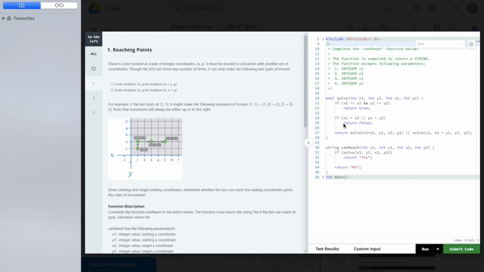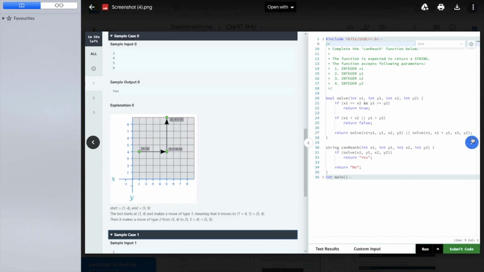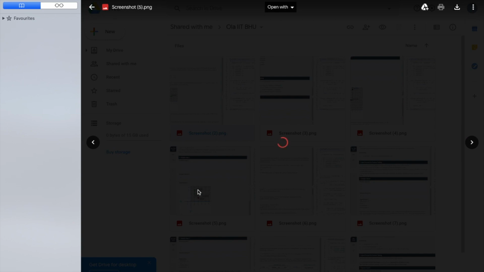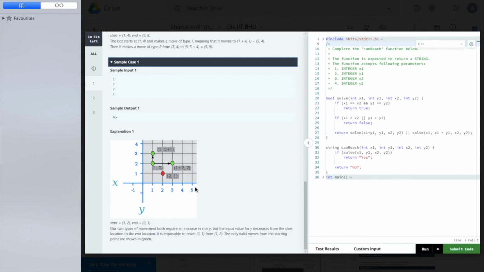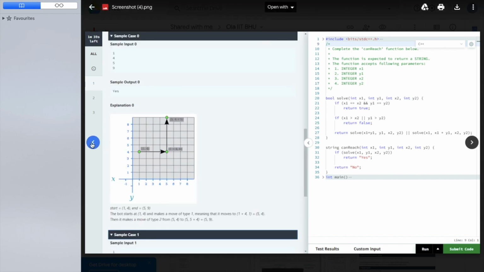We will be given a main function in which all the input will be taken care of, and we have to write the solve function where we return true or false whether it is possible to reach x2 comma y2. And the constraint is that x1 comma y1 are less than or equal to 1000, so both are less than or equal to 1000. So the total number of points in the grid is 10 to the power 6, 1000 into 1000.